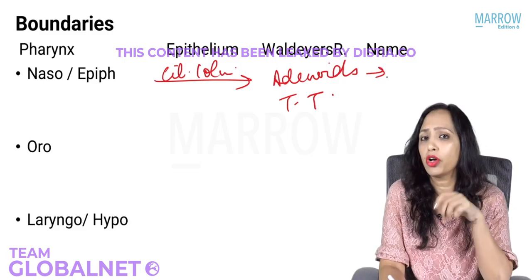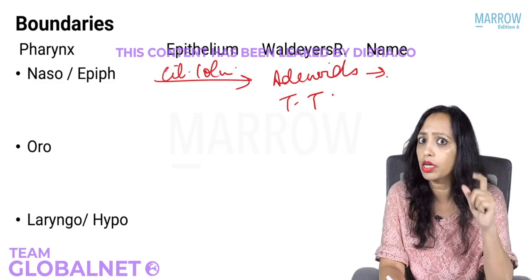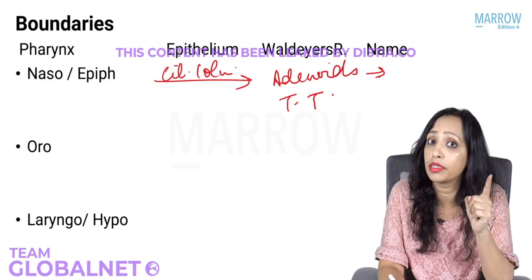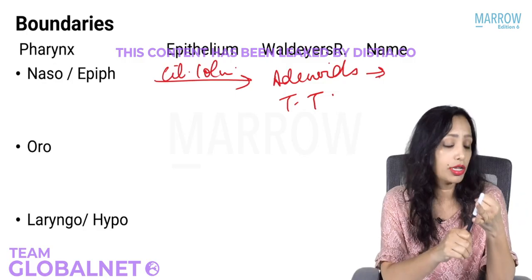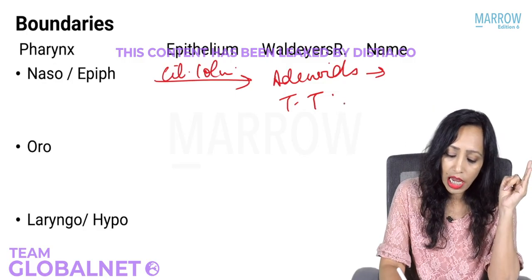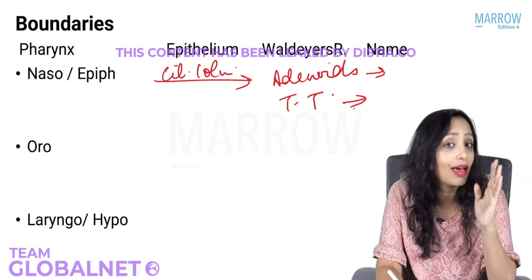We are not going to write it down, we have written it down earlier. Quickly tell me, what are the names of adenoids? Yes, very good, nasopharyngeal tonsil. Which other? Yes, it is known as Luschka's tonsil. And what is the name of the tubal tonsil? Tubal tonsil is known as Gerlach's tonsil.